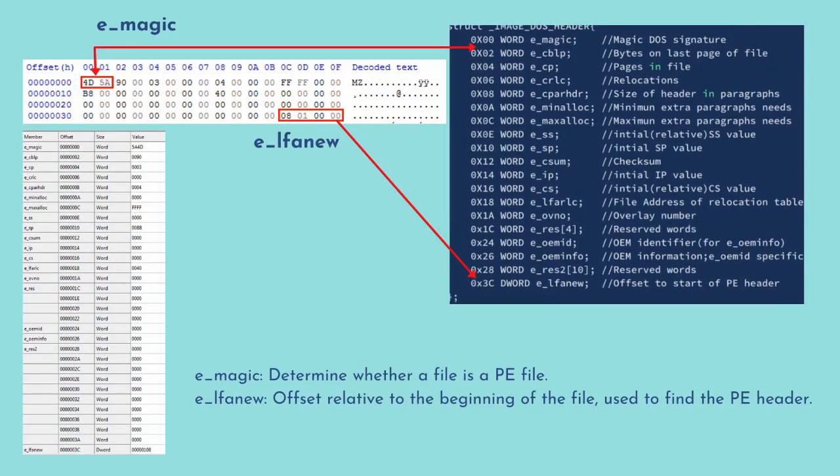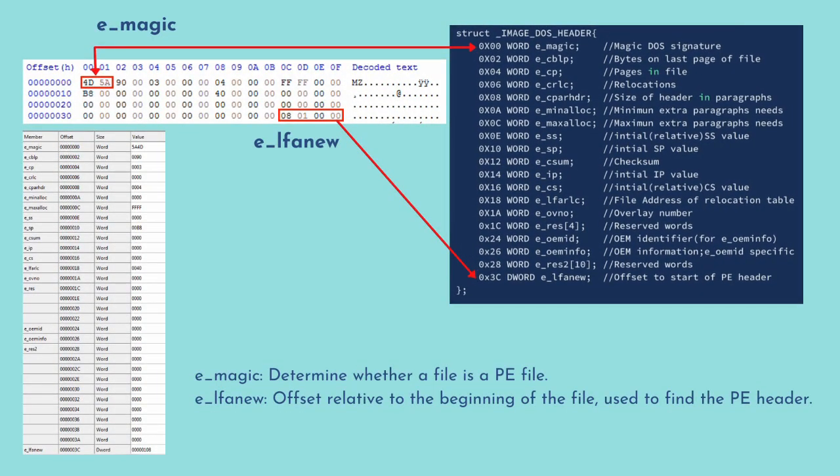DOS header. DOS header occupies the first 64 bytes of the file. DOS header is there so that DOS can recognize it as a valid executable and can run it in the DOS stub mode. As we can see, we have a list of structures that come under the DOS header. We will not discuss everything as it is beyond our scope. We will discuss the important ones that are required, such as e_magic and e_lfanew structure.